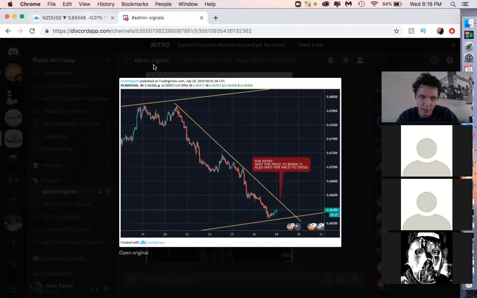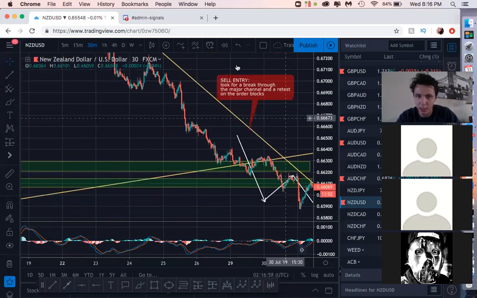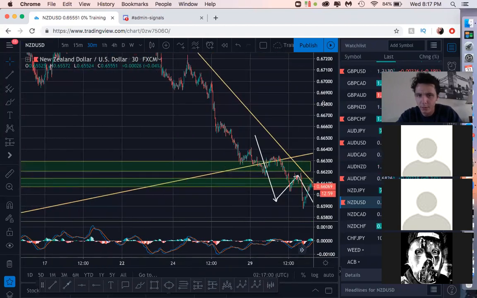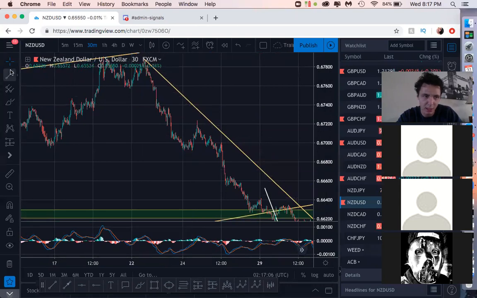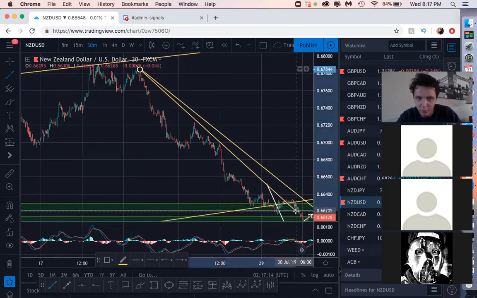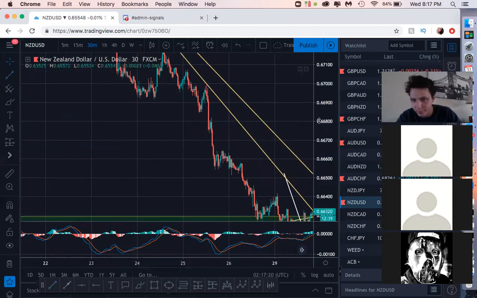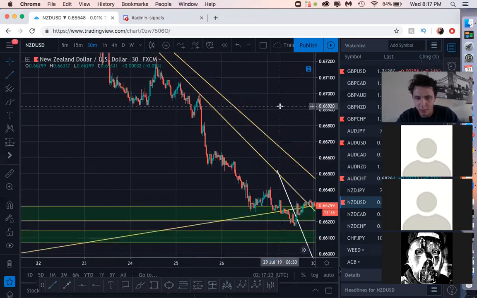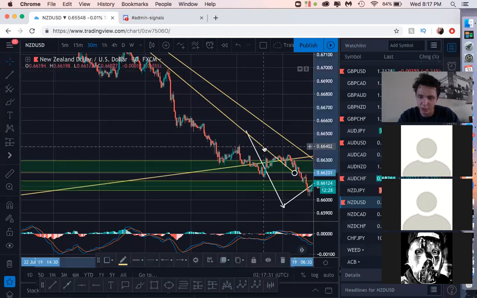And yeah, but we obviously had some major rejection coming in. So yeah, we didn't get the break of the trend line. The trend line at the time of the signal was looking something like this. That was our market data at the time. So yeah, we definitely just didn't see what we wanted to see for the break of this trend line.